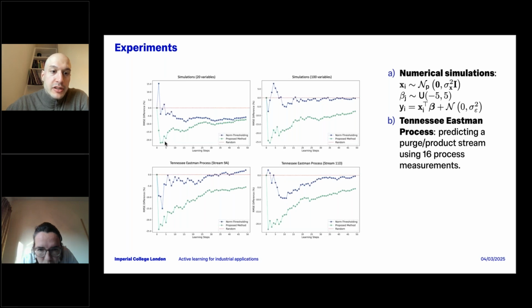So what you can see is that using the proposed approach, considering this a very simple regression model, after like 5 or 10 learning steps, we can get an improvement of up to 20% compared to random sampling. And this performance gain degrades over the number of observations because, being a very simple model, after already 50 learning steps, the performance gets closer to whatever we would obtain using random sampling.